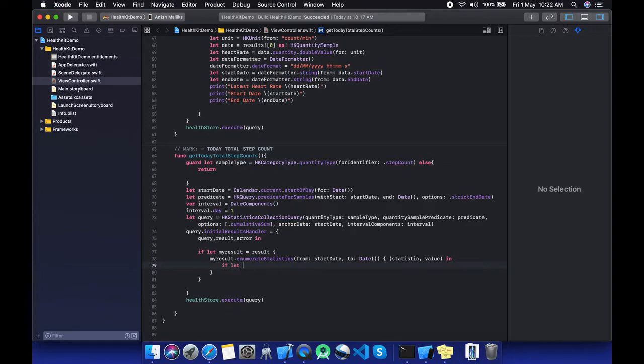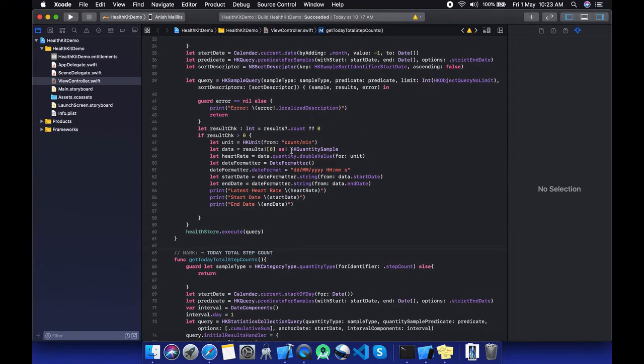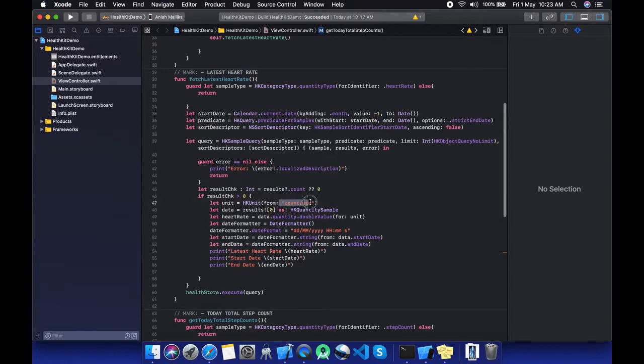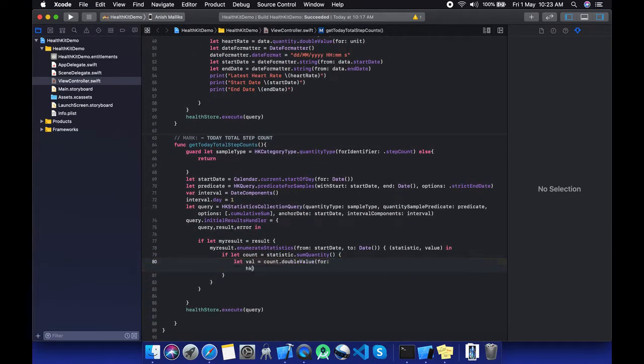Now let's process the statistic. If let count is equal to statistic dot sumQuantity, if it is true, then we will get a value, count dot doubleValue. As we did with HK unit while fetching the heart rate, where we set count per minute, for step count we need just count.